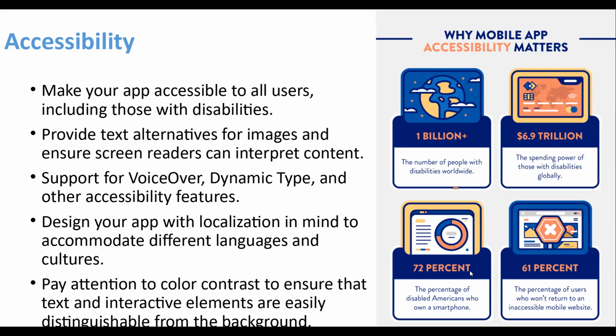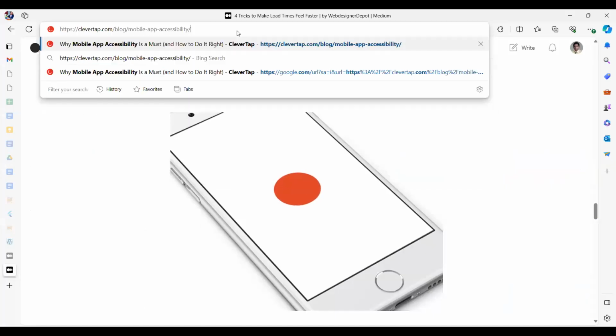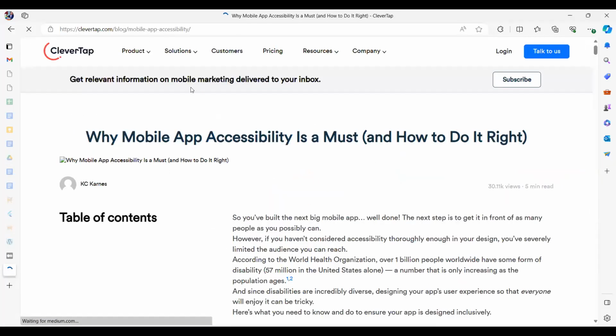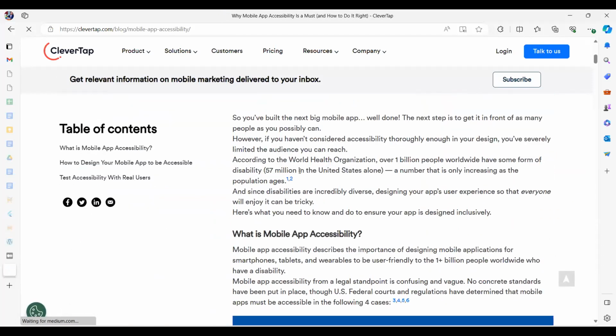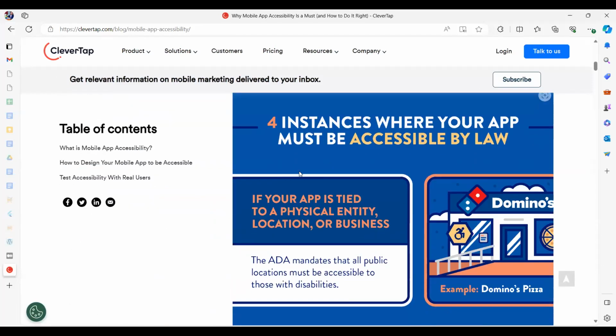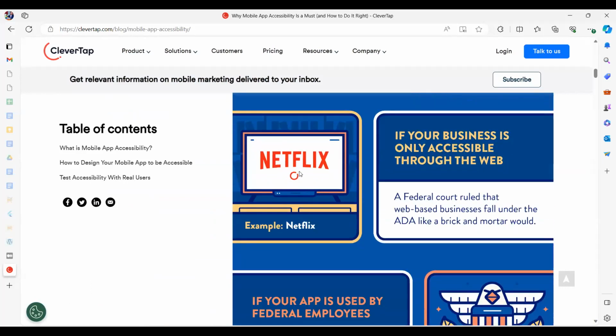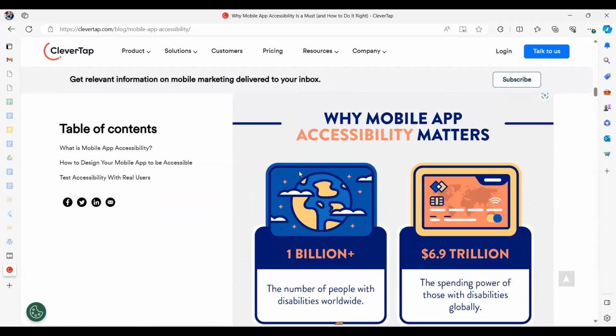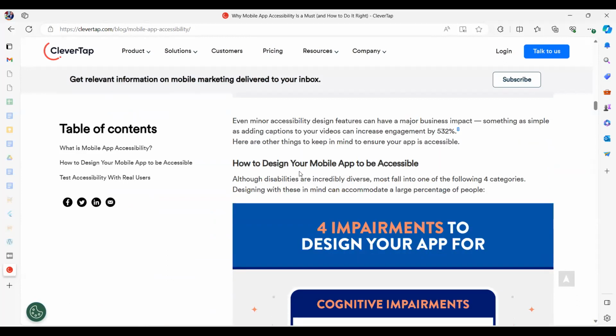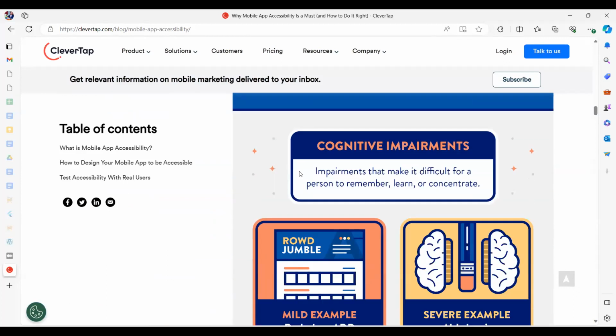Let me show you some stats further there. Right. So this has some things where you need to look for some very good practices, and how to design a mobile app to be accessible.